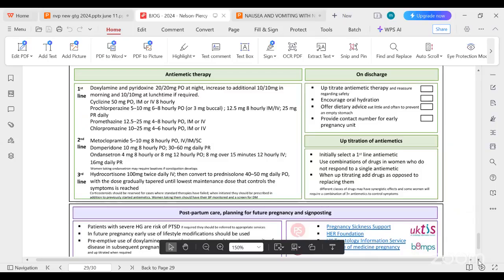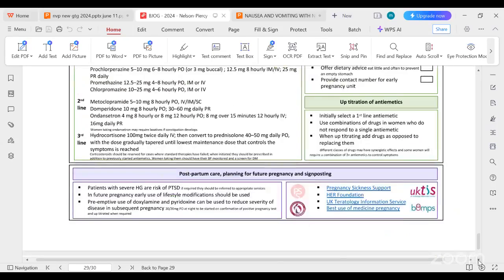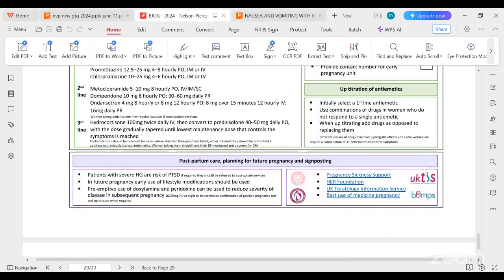Then always assess the patient for the postpartum period and for future pregnancy, as these patients are at risk of developing post-traumatic stress disorder, especially those who have hyperemesis gravidarum. So lifestyle modification should be advised to them, and early referral to the perinatal maternal health system should be provided to them. Okay,